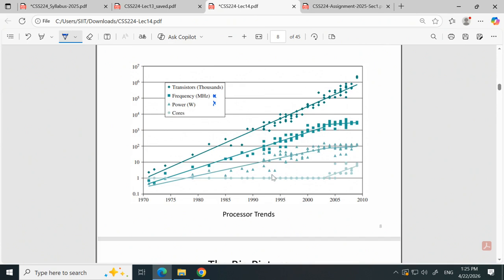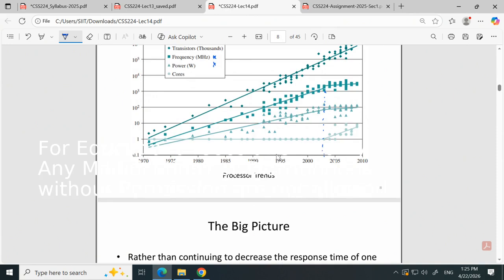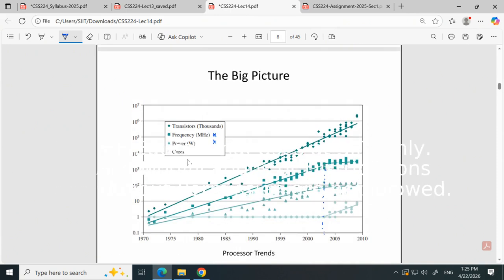If we increase the clock rate at some point, here, they found that it's not so good to keep increasing the clock rate, because power consumption is going to go high. What they did is to develop